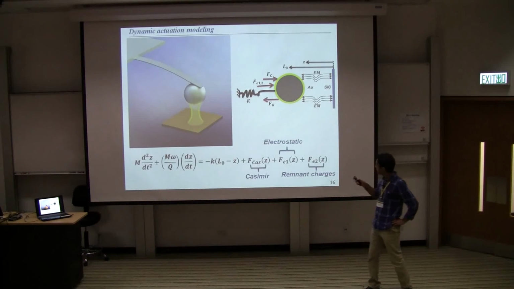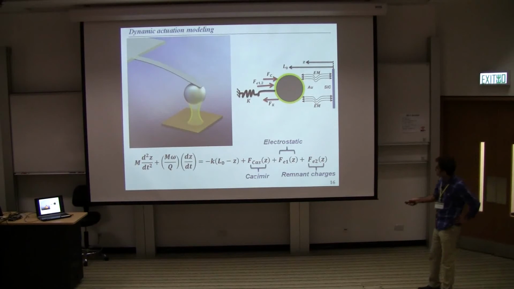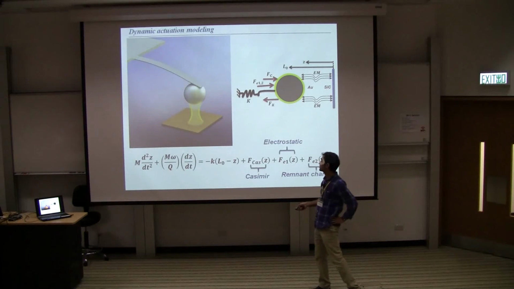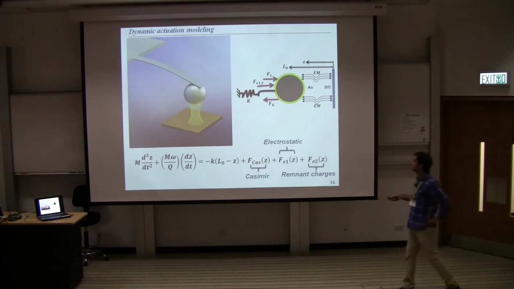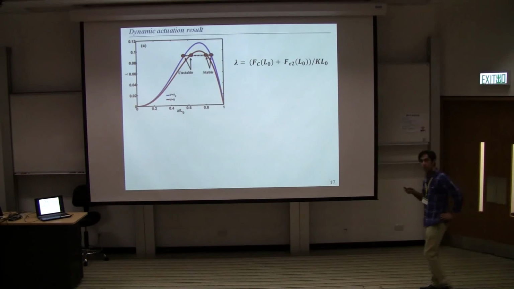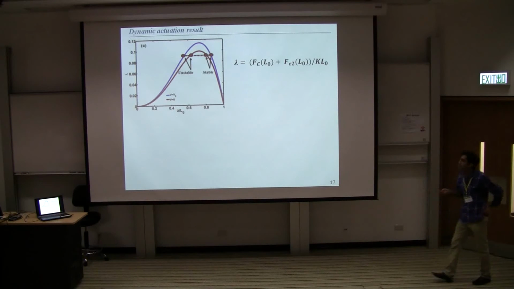So what we model is all the forces involved in the system: the Casimir term, the electrostatic force, and the remnant charges, and considering the intrinsic dissipation in the system. To obtain the equilibrium points of the motion from this equation, we can define a bifurcation parameter,